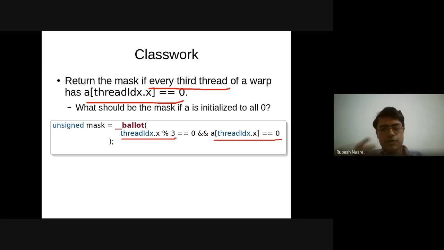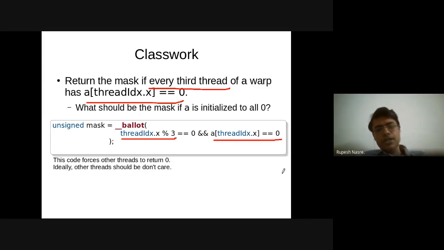Right? So this is where a small imprecision comes into play, and that's what students had indicated, like Naga Anish suggested. So the code forces other threads to return 0, which may not be the case. Right? So I hope this part is clear.